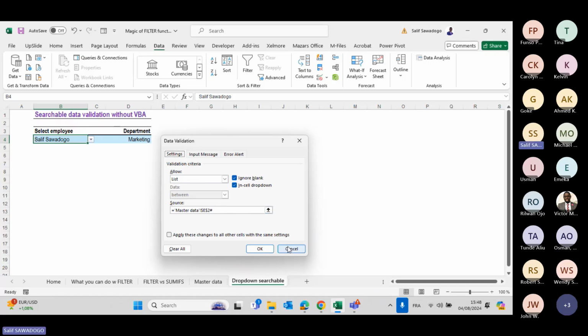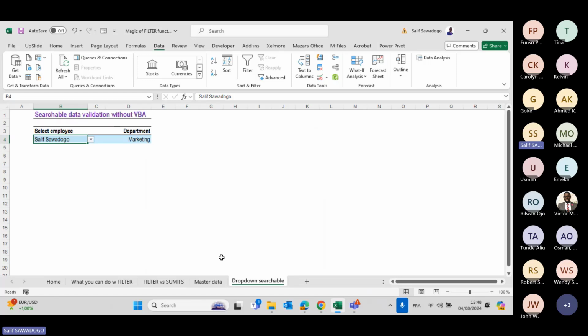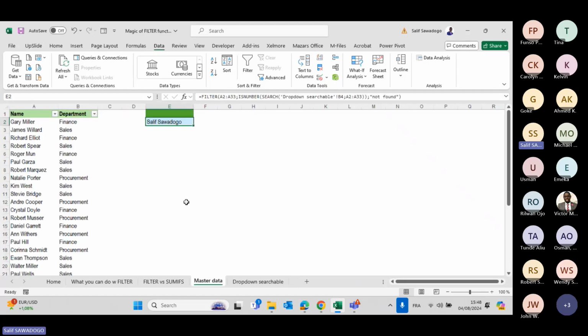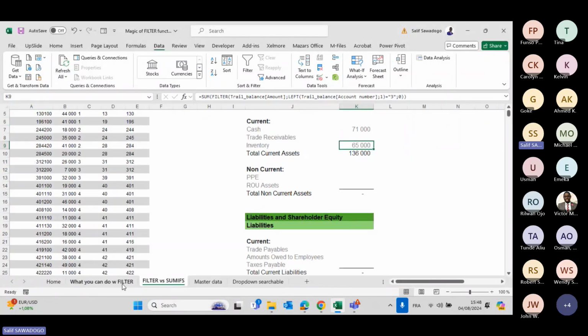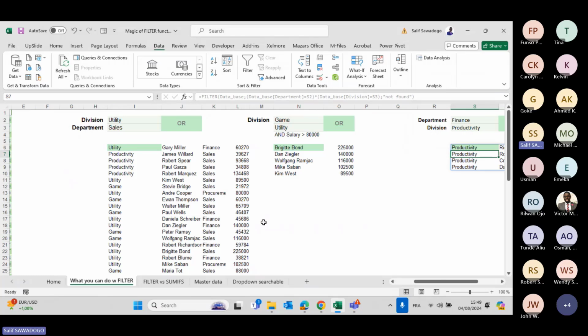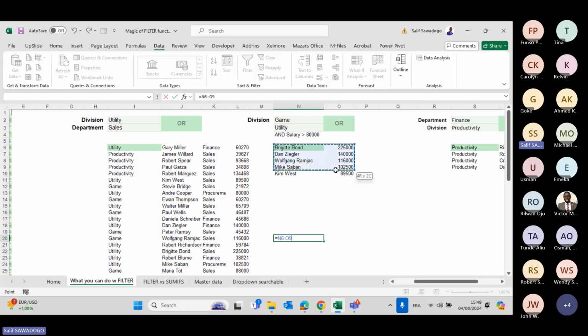Okay, we can explain. Actually, the hashtag I put allows the formula to spill. For example, let me show you. This is the case for all the dynamic functions in Excel. For example, if I am referring to this function, for example, okay,